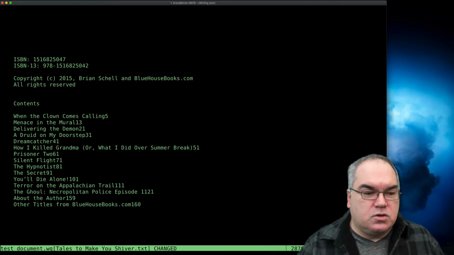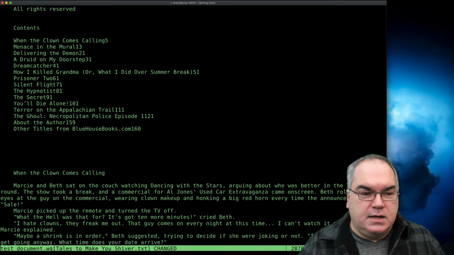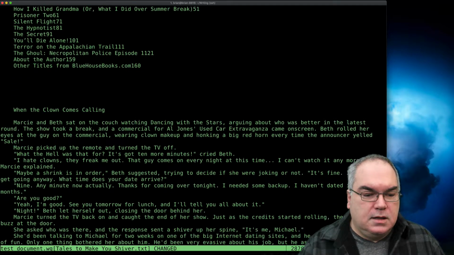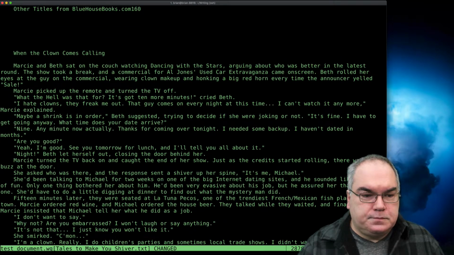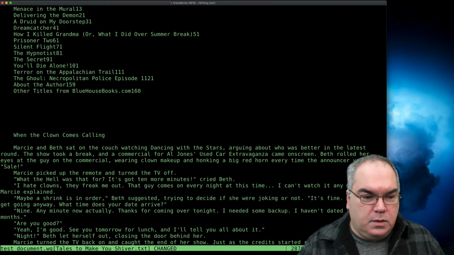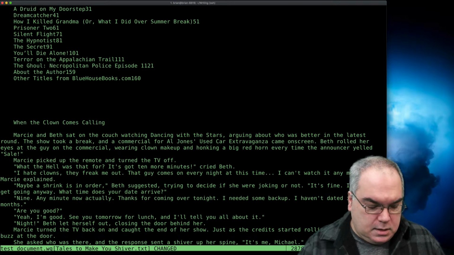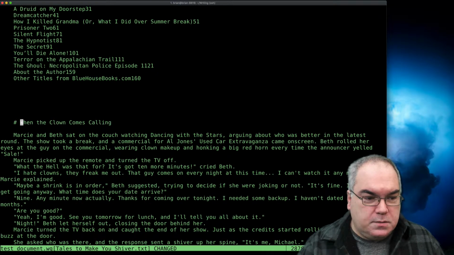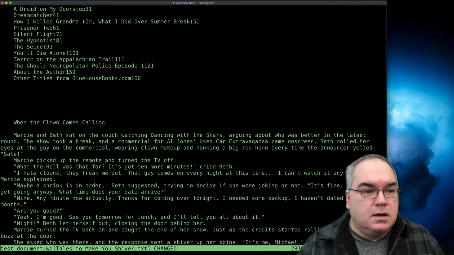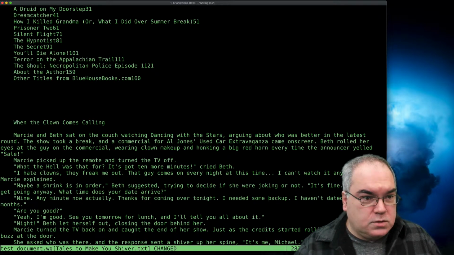But as you can see, I can scroll through it. This just uses the up and down keys, just like you'd expect. And here's a story. And if you want to change things, you can. If you want to change it to Markdown or something, you can use Markdown tags. But what Wordgrinder is really good at